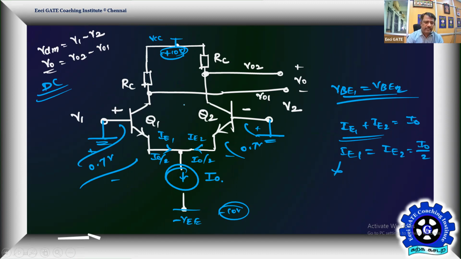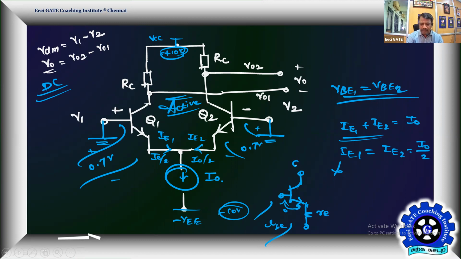Ensure that at the end of DC analysis, both the BJTs are active. After proving active, then we can go for the small signal equivalent of both the BJTs. Here we don't refer the transconductance, we refer the small RE model. Anyway, 1 by GM is nothing but your small RE. Here what we have is a small VBE and small RE. This potential difference as per the small signal equivalent is 0.